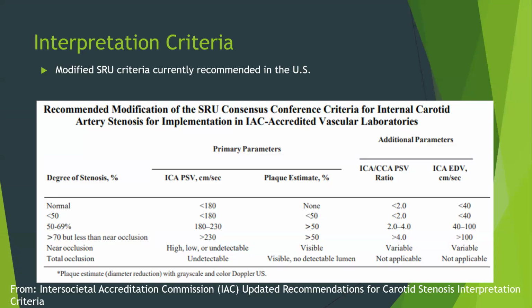0 mark. And our ICA and ratios, our end diastolic velocities are going to be variable. They're probably going to be lower than what we're seeing over here. And so they're still near occlusions, okay? Just because they don't meet any kind of velocity criteria, they're still critical stenoses. And then we, of course, have our total occlusions, which we have no detectable color, no detectable waveform within the